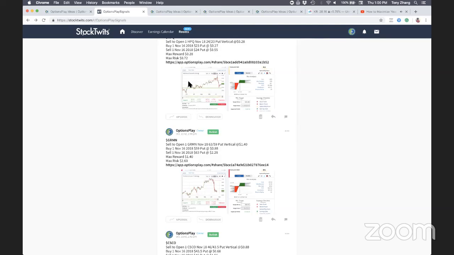Will you have a service for straight call or put options? I don't believe so, because we don't believe buying calls and puts is ever the most optimal strategy for any views. Meaning, if you have a directional view, you're better off trading debit spreads than just buying an outright call or a put.